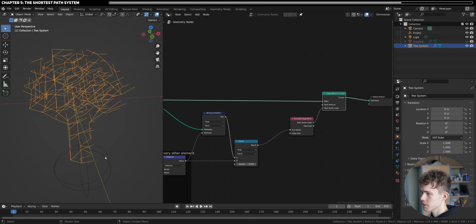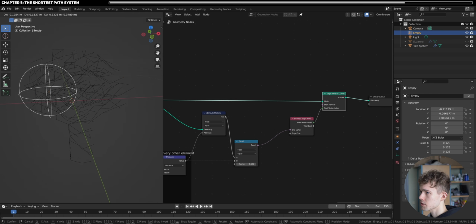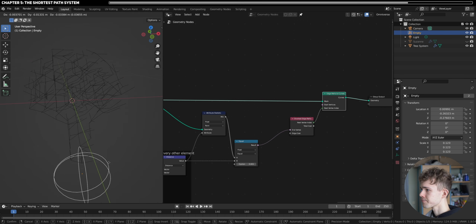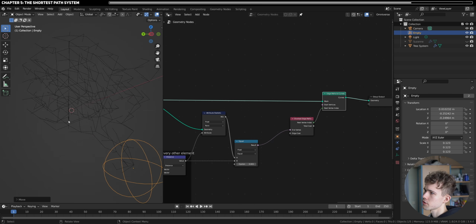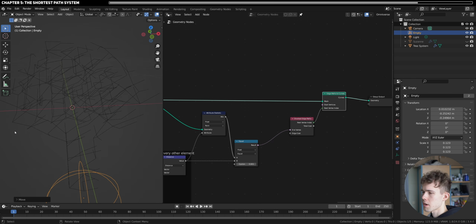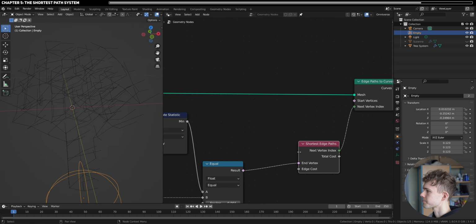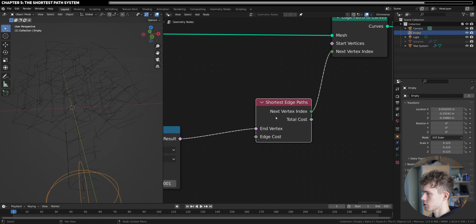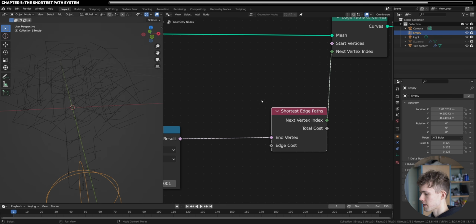It looks pretty random, to be honest. So when I move this around, it does work. It changes, but it doesn't look very good. And that's because it's not using the edge length as something to consider the pattern by. So we actually should use as the edge cost, which is kind of telling the algorithm which path to travel,